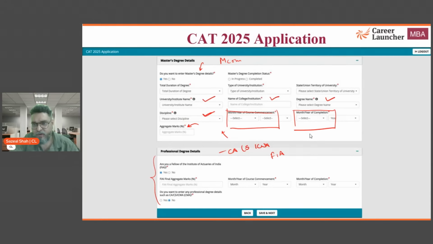Guys, some of you are asking me again and again whether to enter CGPA or SGPA. Please understand that they have already asked you for percentage. If I'm not wrong, it is percentage that needs to be entered. How will you convert CGPA to percentage? Accha, so definitions are very different. So you need to go to your university website,